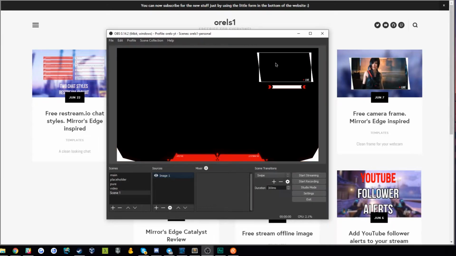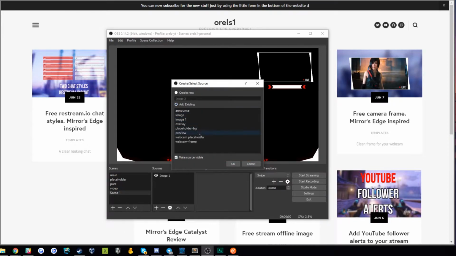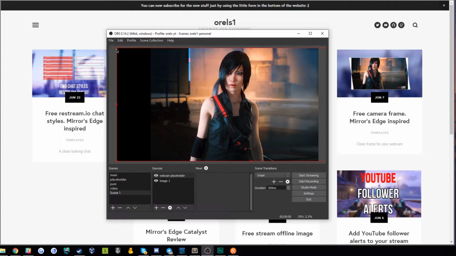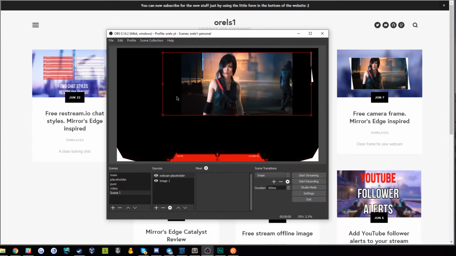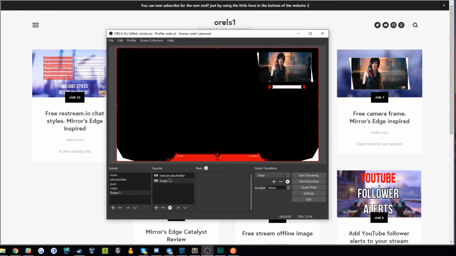Now that you have that, you want to place your webcam behind this thing. For that, just add your video capture device. I don't want to show you my webcam, so I will just use a placeholder for that. Don't mind it. Now that I have my fake webcam, I will just put it there. Cut it down a bit. Now that I have my webcam, I want to set it under the overlay,